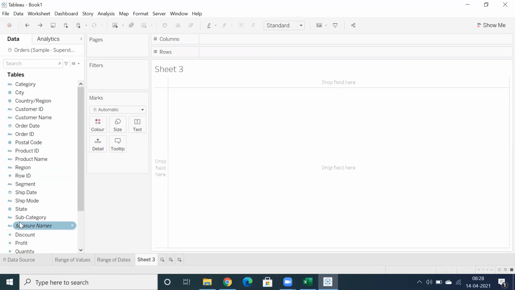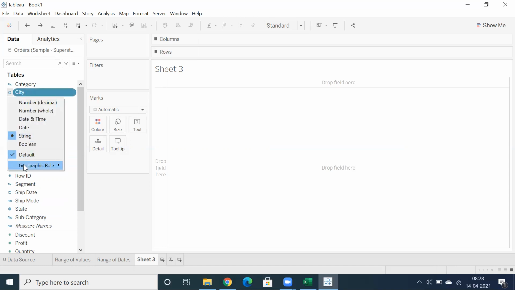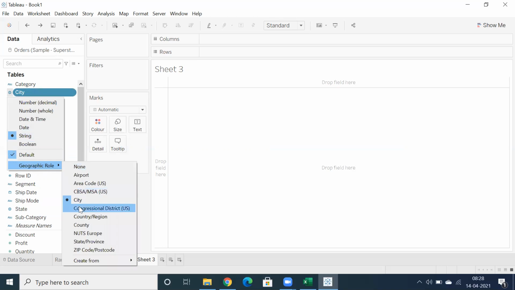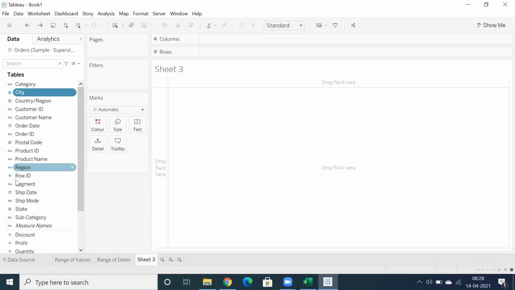So it will identify the data type while loading the data from the database. In 90% of the cases it will identify the proper data type. You can see postal code identified as geographical role, country. If you want, you can go for geographical role city, and it's pointed to city. We didn't manually select it, right? This is default.